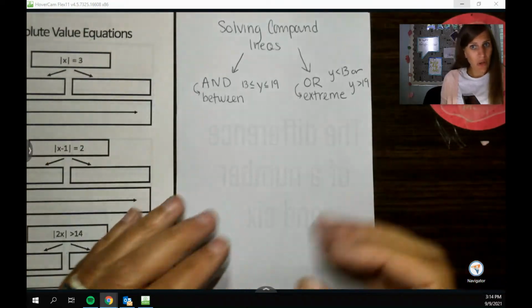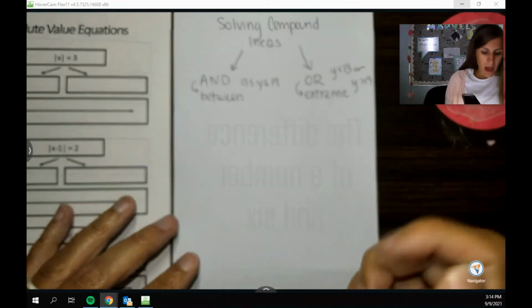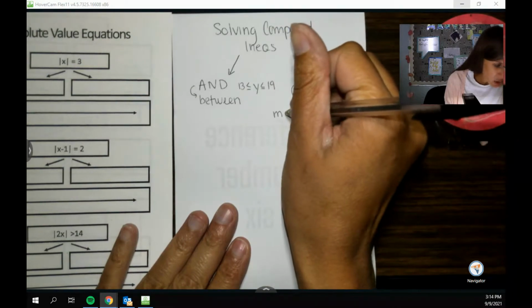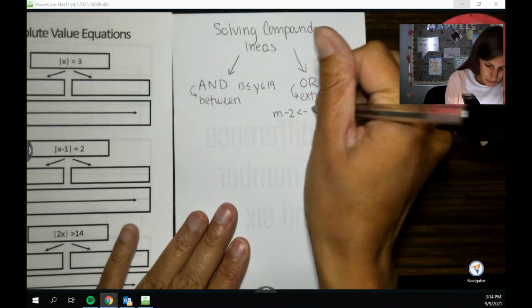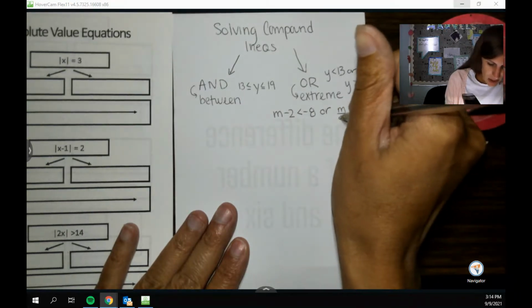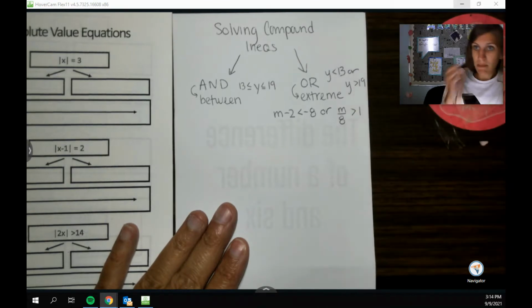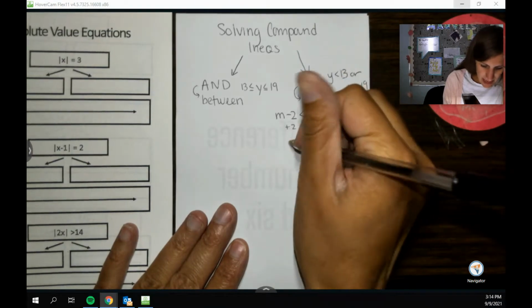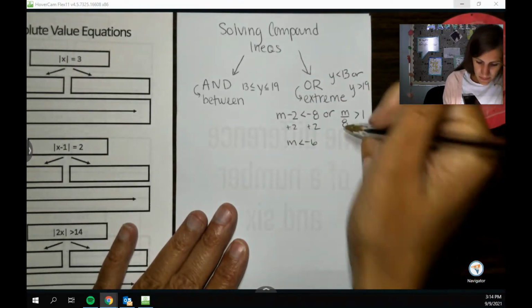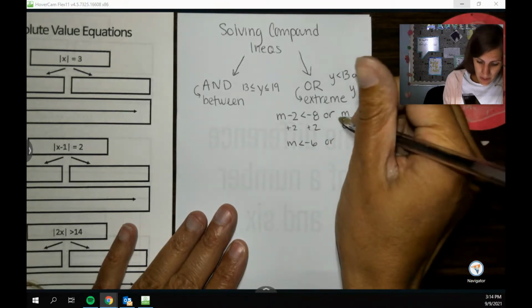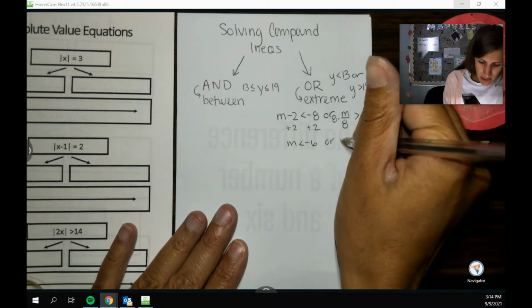And then when we go to solve a compound inequality, we mostly solve the way we would also always solve. I'm actually going to start with an or example because it's pretty simple. You're going to see two inequalities with the word or in between, and you're just going to want to solve for each one. So like over here, if I want to solve for m, I would add the 2 on both sides, and we'd have m is less than -6, and m's all alone. Or over here, if I want to solve for m, I would multiply by 8 both sides,